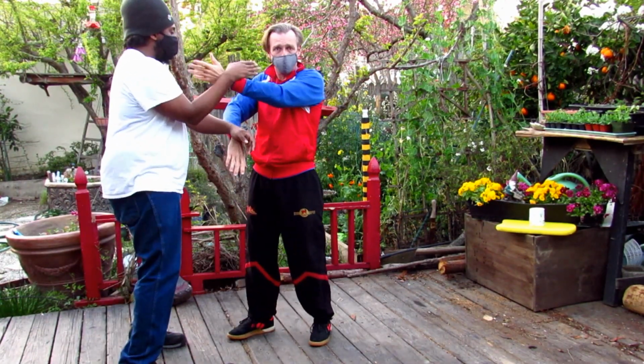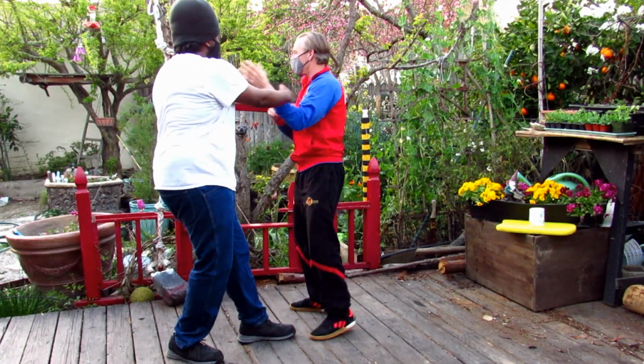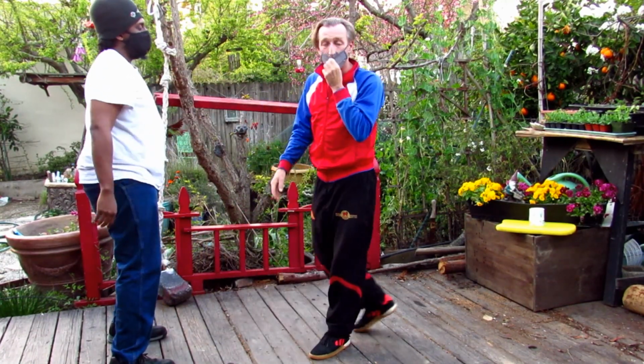I do. Attack, right? Have a Wu Sau. Step in, Isaiah. And I can make a Bong Sau out of it, right? So I have this Bong Sau starting to form, and then